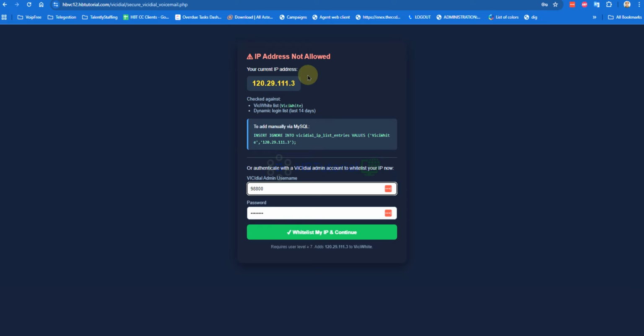As you can see here, it says the IP is not allowed, but my IP is already allowed. You can try to log in. What will happen?